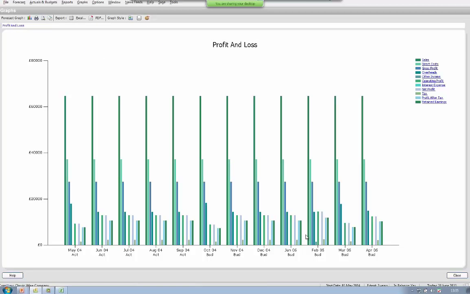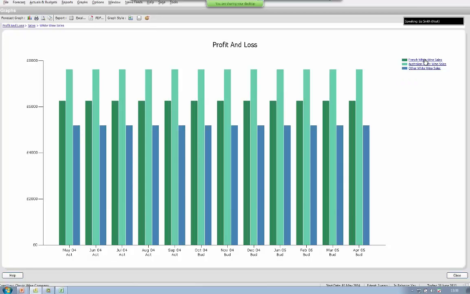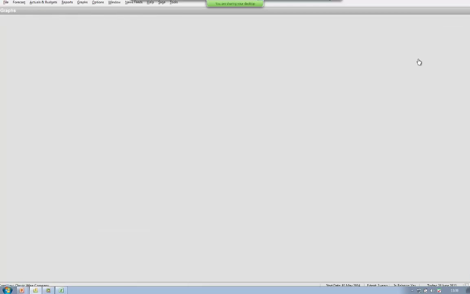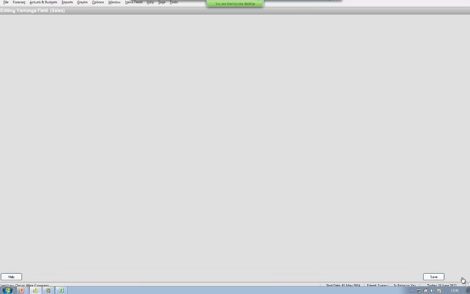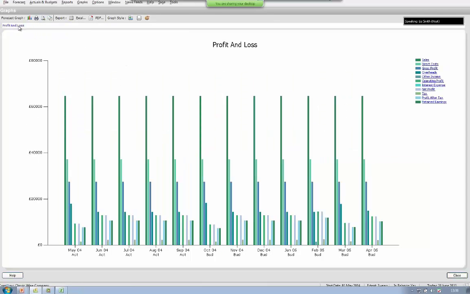It opens up and you can also drill down into each of these levels as well. So if you want to see the sales elements broken down by the individual products, so you want to see white wine or Australian white wine or one individual product, then you can go and see the actual figures that lie underneath that as well. So it drills right down as far as it can for you, and then you can jump back using this